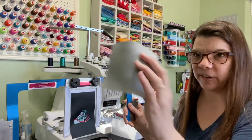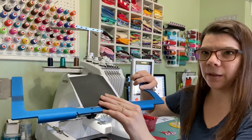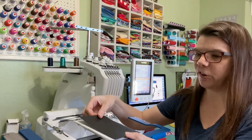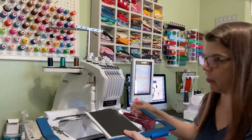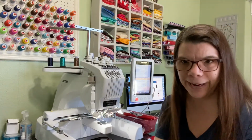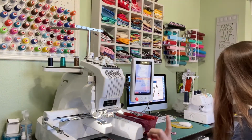So all you have to do is take your other piece of vinyl, put it on the back, and then if your piece is big enough, you can just kind of hold it, but you can also just tape it down. So we're going to take some Scotch tape or some blue tape, whatever. Oh, you know what else you could do? Ooh, hang on, I have an idea. I'm not sure it's going to work on this because I don't think the vinyl's big enough, but